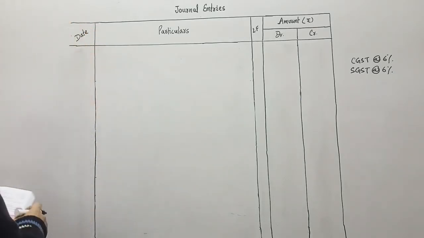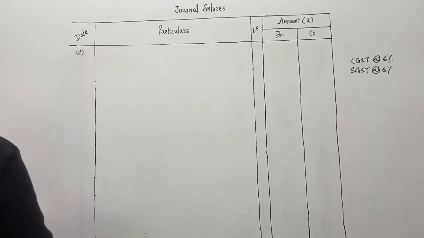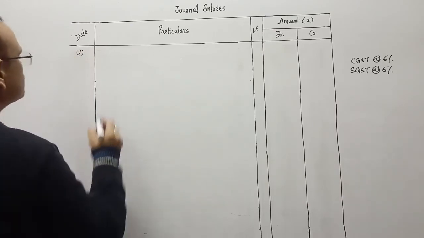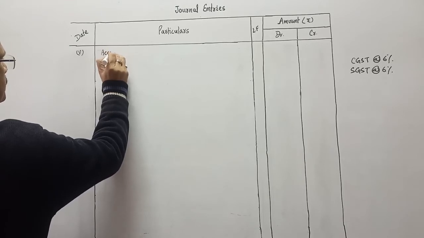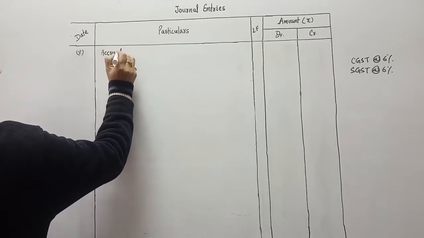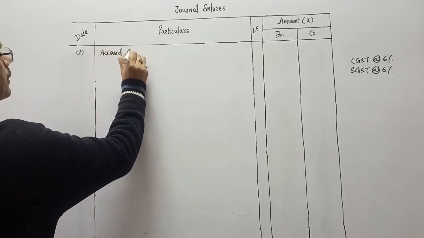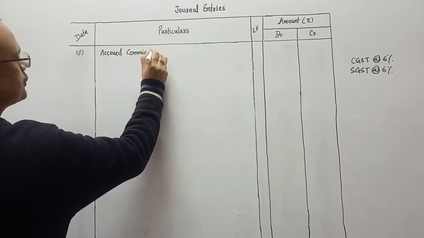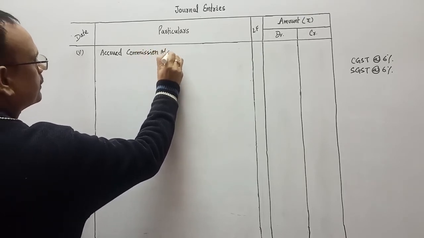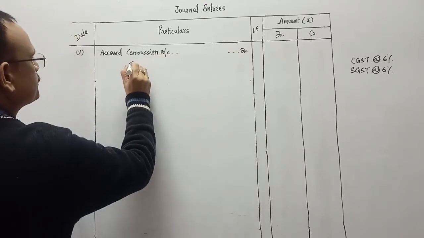So for transaction number 5: accrued commission account debit to commission account,